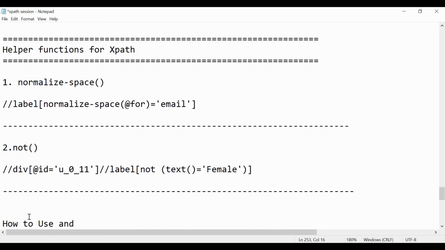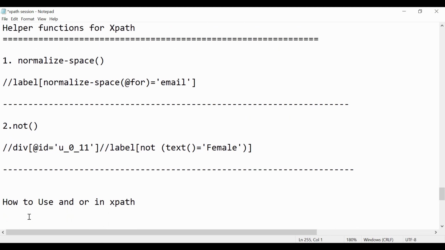So let us go and see what remains: how to use logical and and logical or in XPath. Okay, so how you can use it: you can provide a first tag, then here you will have, let's say, an attribute is equal to some value.